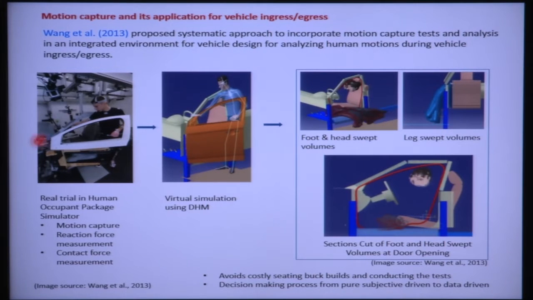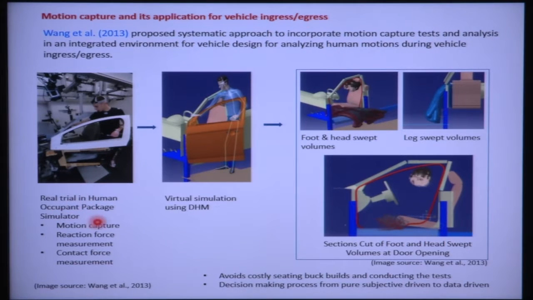For that purpose they developed this type of test mock-up, where a real driver can go into that driving simulator or mock-up, and data can be collected using a motion